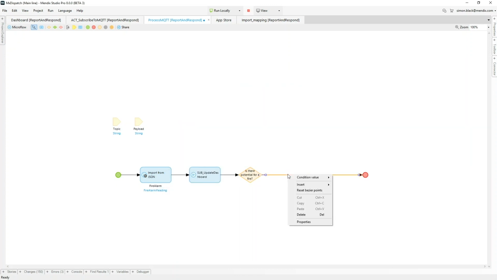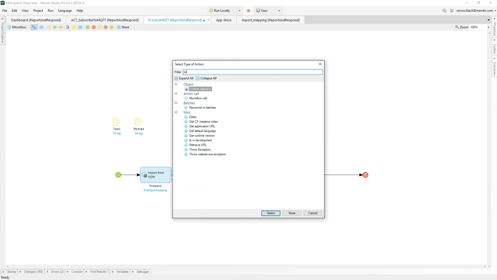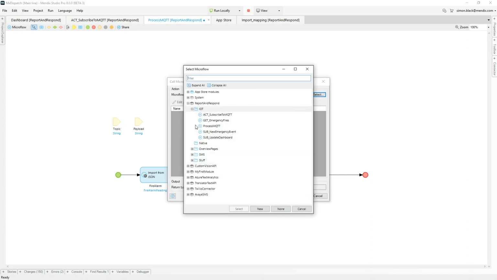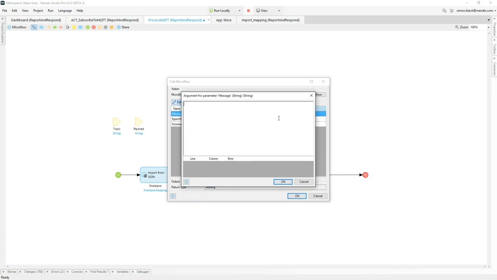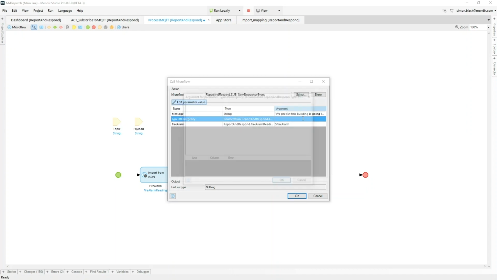If there is, it will go down this true line. Otherwise, it will go down the false line, which we'll draw in a second. We're going to create a new emergency event based on the data we get back from the service. So we're going to say, we predict this building is going to catch on fire. We can say what type of emergency it is.